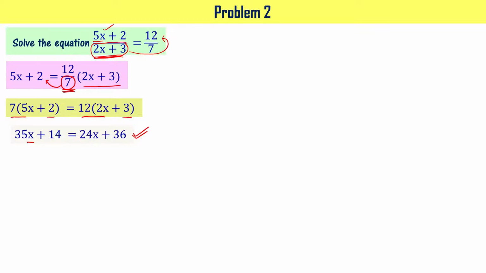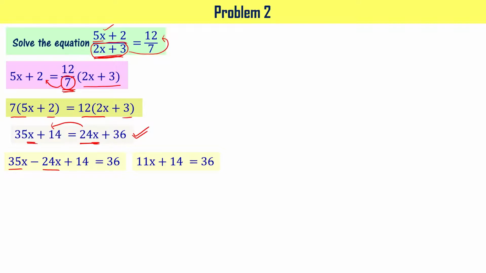The linear equation containing variable on both the sides. In the previous video, we have shown how to solve these kind of equations, right? For that, we want to bring the terms containing variables onto one side and the constant onto the other side. To do that, first I can take this 24x to the left hand side, right? It becomes minus 24x. 35x minus 24x plus 14 equal to 36, right? You simplify this. We have to subtract 24x from 35x. It is 11x. So the equation is 11x plus 14 equal to 36, right?